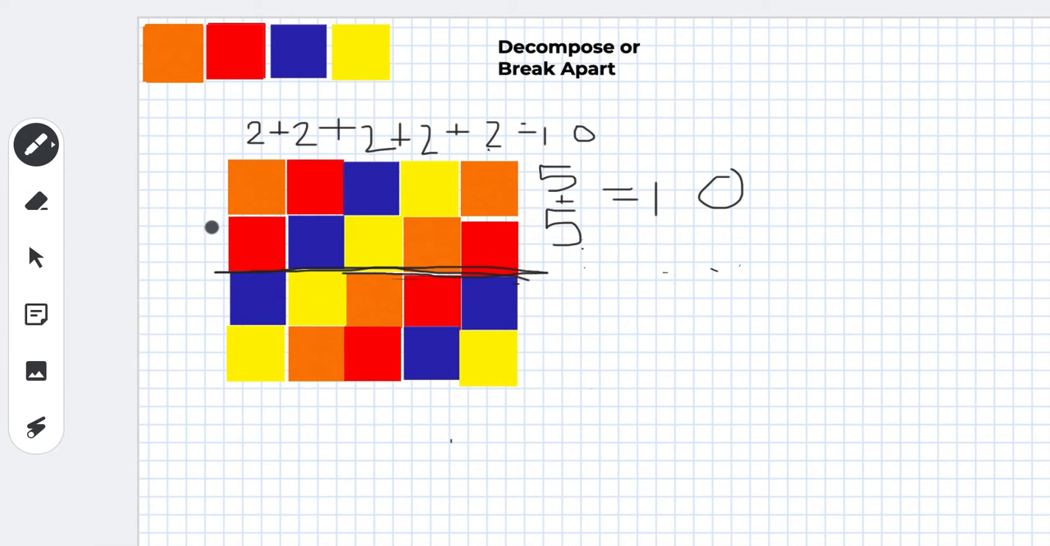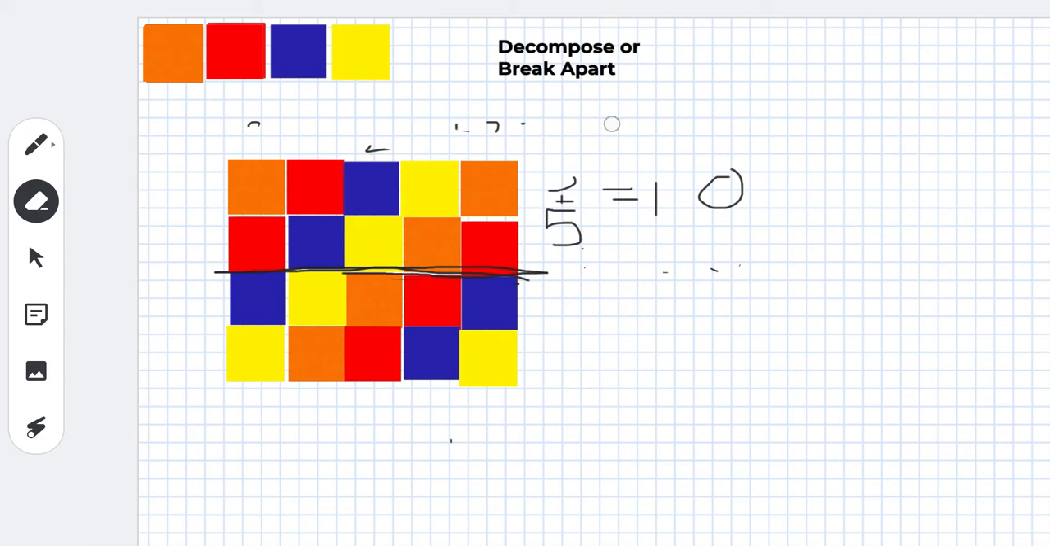And if we look down here, this would be the same because we have 2 rows of 5, which we know is 10, and we have 5 columns with 2 in each, which we also know is 10. Okay, so now that I've showed you how we can decompose or break apart an array,